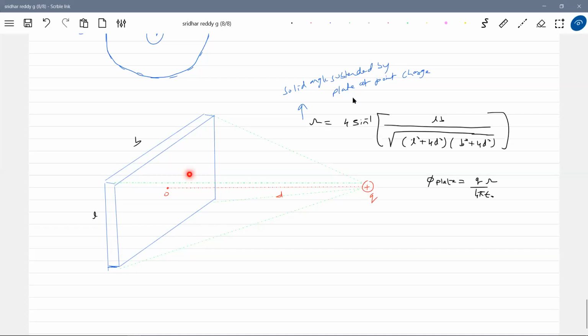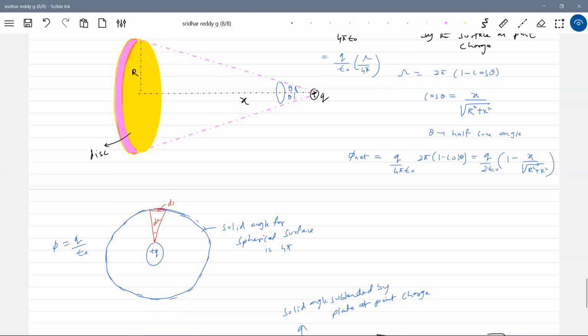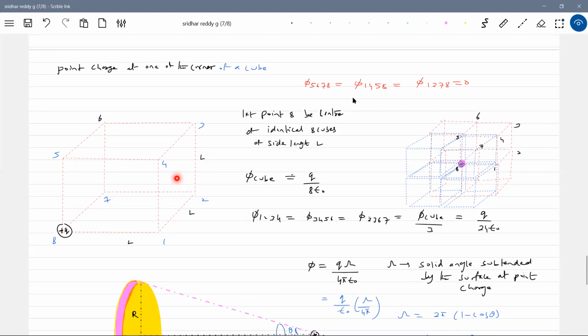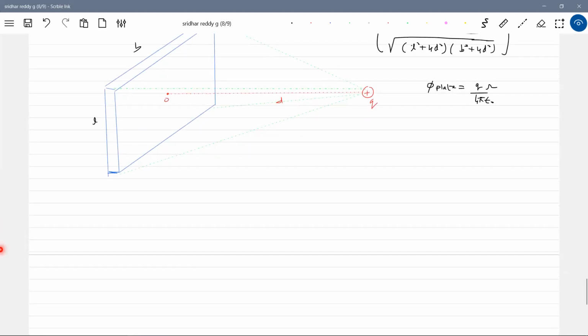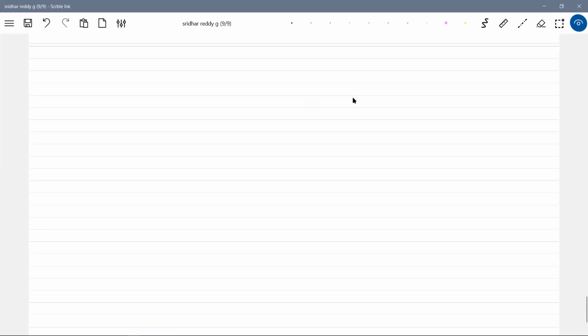What is the flux linking this particular plate? This is the formula. What is the use of this? Can I keep a point charge on one of the faces of the cube? I'll ask you what is the flux linking this one. So let's take that. I think another 5 minutes is there. If I have a cube,